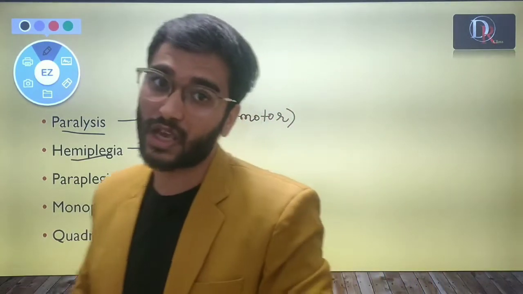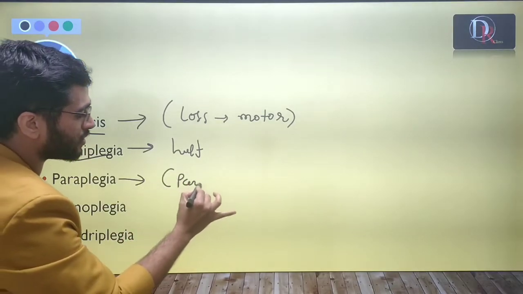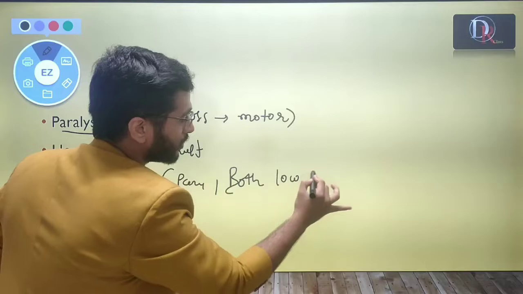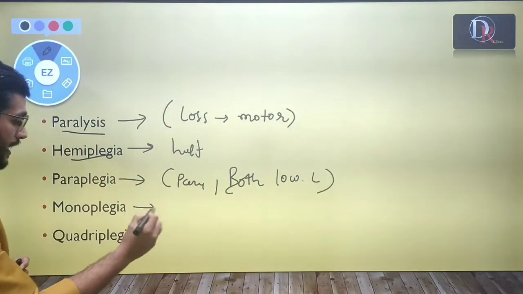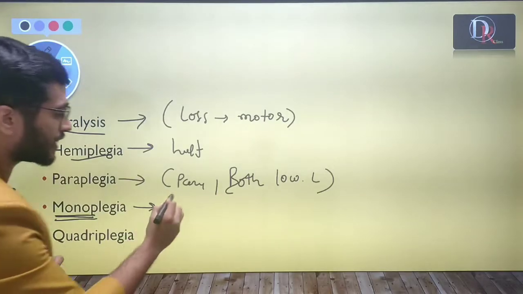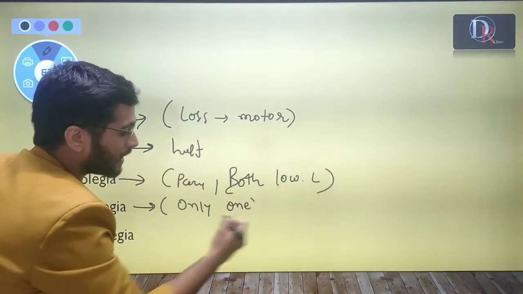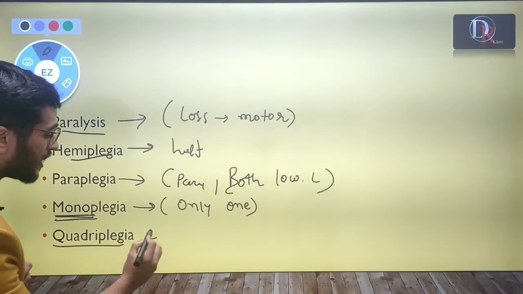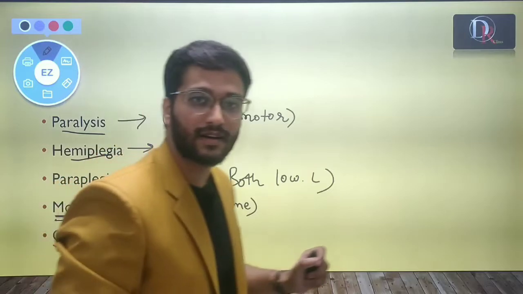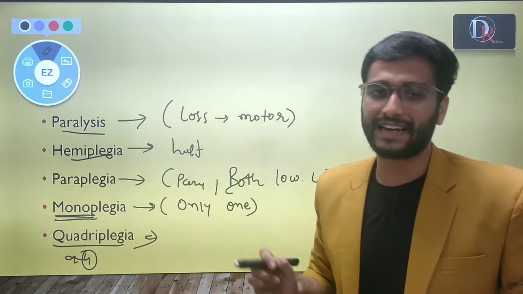all four limbs. Okay, what we learn here is that paraplegia is the paralysis of both lower limbs. Here we find that mono is referred for one. It is a paralysis of only one limb, and quadriplegia, quadri for four. Right here what we learn is that quadriplegia is a paralysis of all four limbs, and